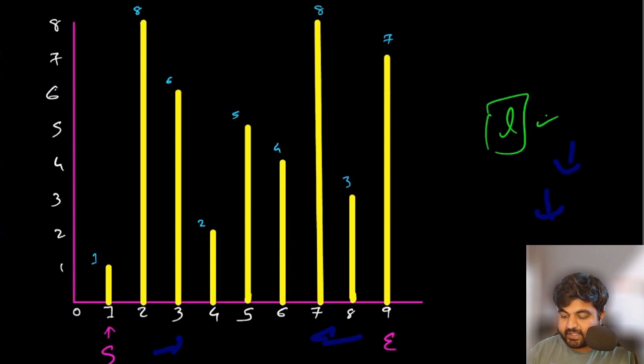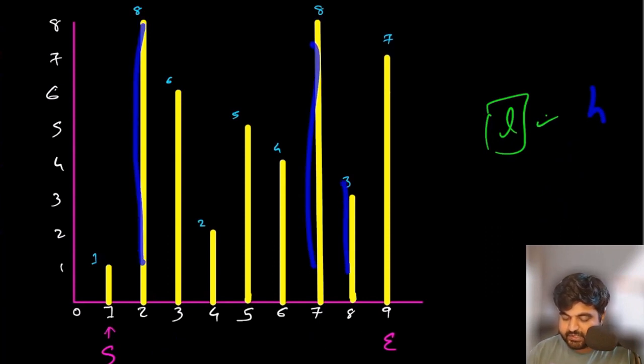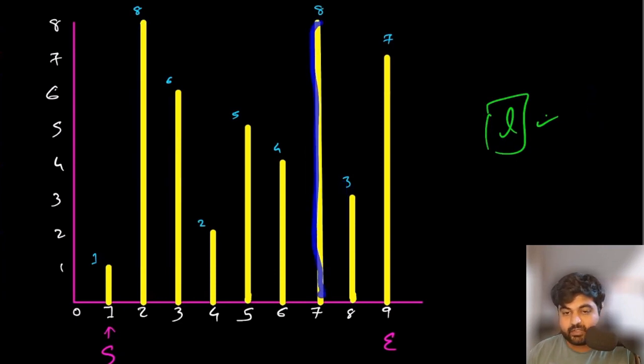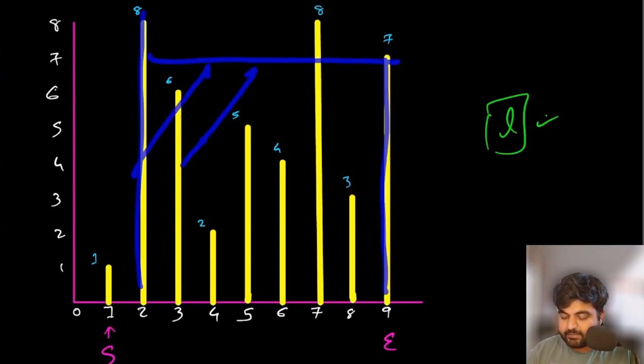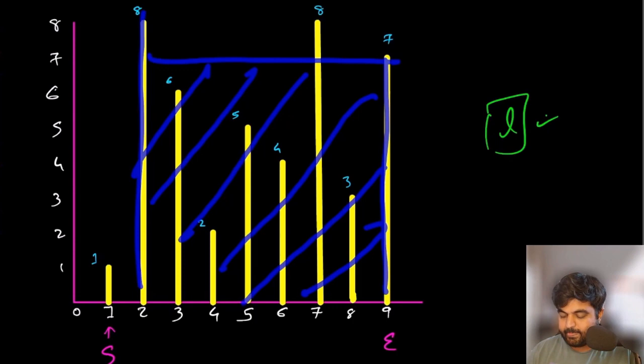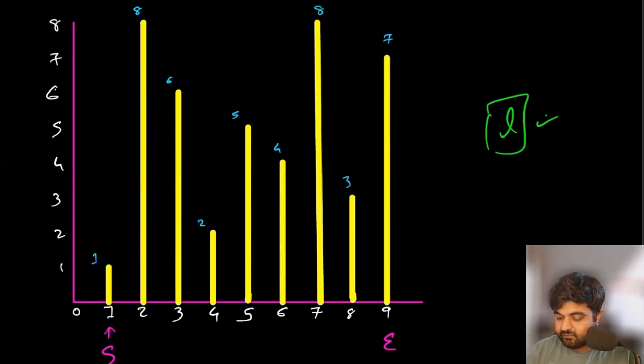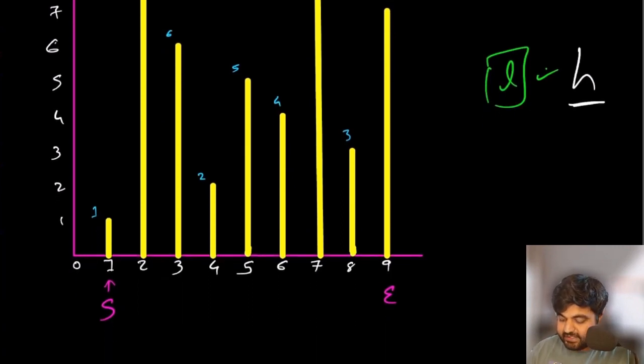But what would increase is the height, because there are different height positions or different height combinations, because over here a single height makes no difference. We need to worry about the combination of any two heights, and that is going to give us how much amount of water we would be able to store. So in this case, height would be the variable factor. Since height is the variable factor, why don't we make our traversal decision based on the height?